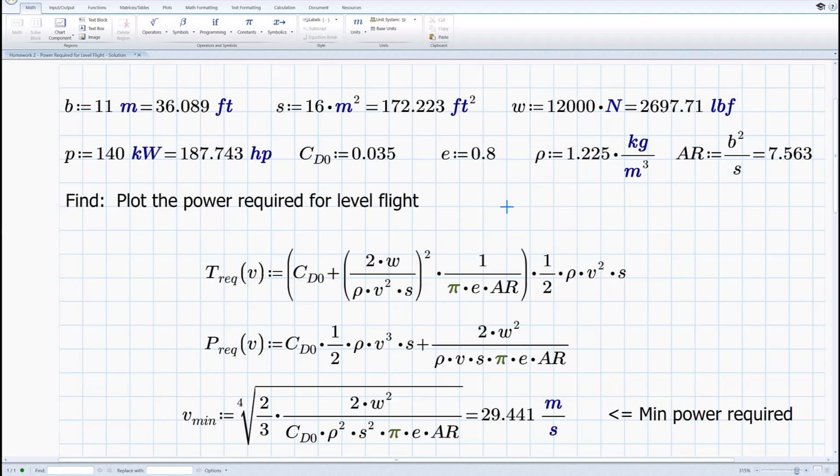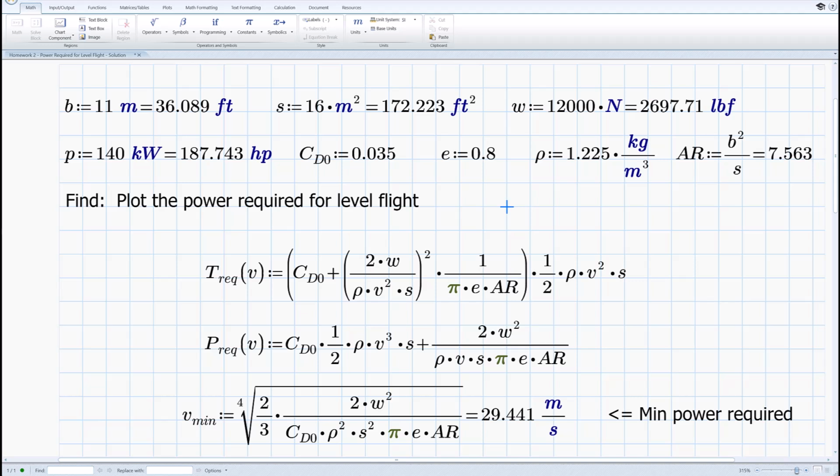So here we are on my computer, and we're using MathCAD Prime version 8. Now this is certainly the easiest way I know of to beat numbers out of a computer. MathCAD Prime is kind of like a math scratch pad, so you can write equations on the screen like you would on a sheet of paper. It's not as powerful as MATLAB, but it's a lot easier to use,